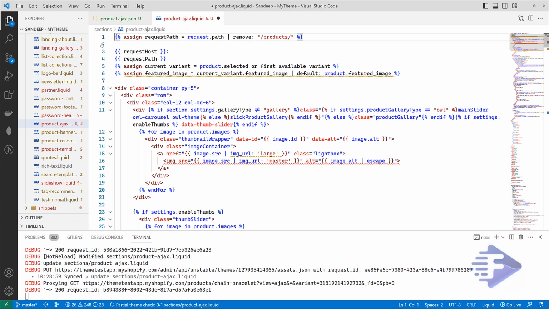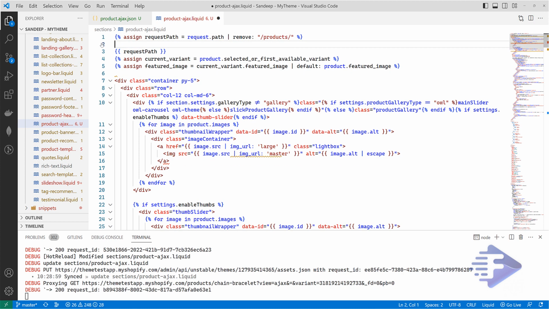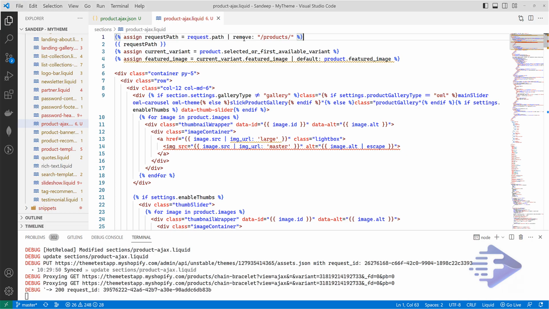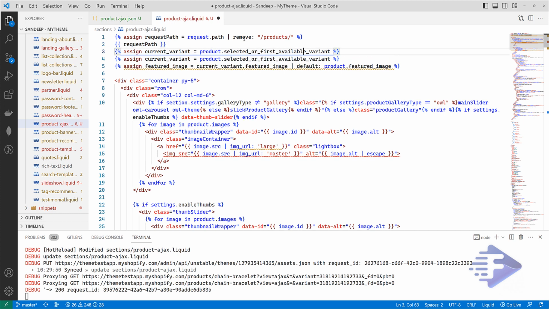We don't need the host, and refresh again. Now we got the slug of the product. So based on this slug we are going to fetch our product.